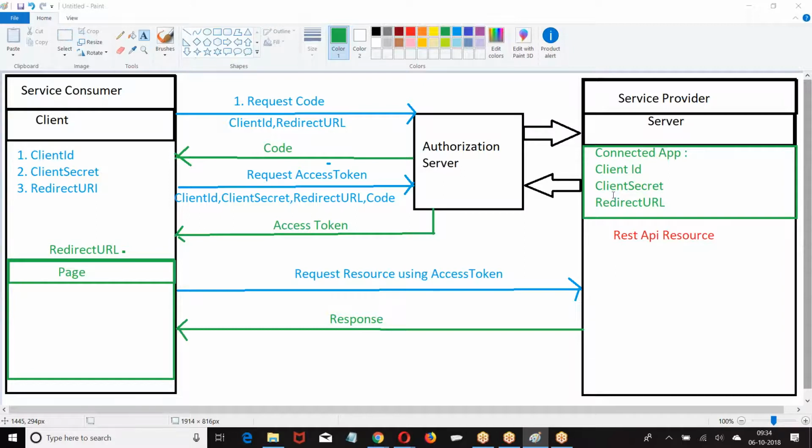Okay. So when you create a connected app, somebody may say consumer key, consumer ID, consumer secret. Somebody may say app ID, app secret. Somebody may say ABC, XYZ. So at the end of the day, one will be ID, the other one will be secret. The naming conventions may be anything of their choice.